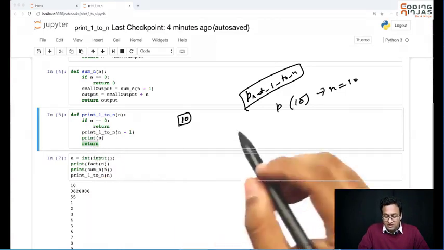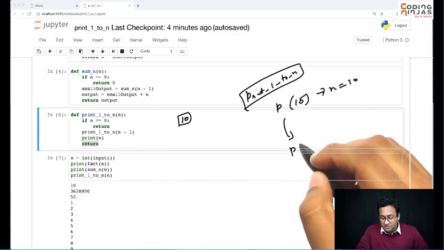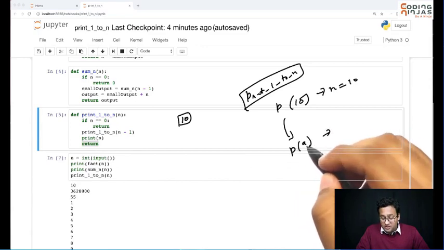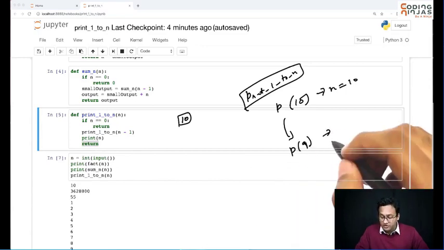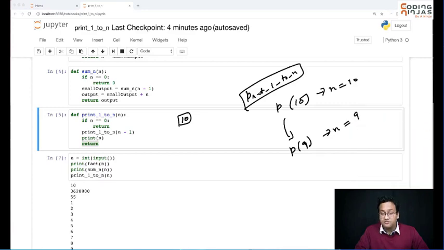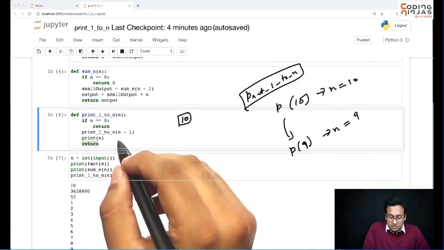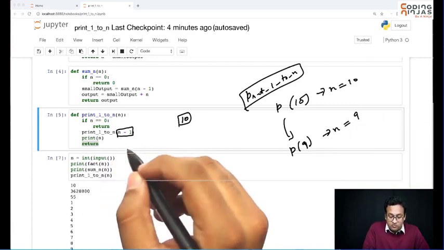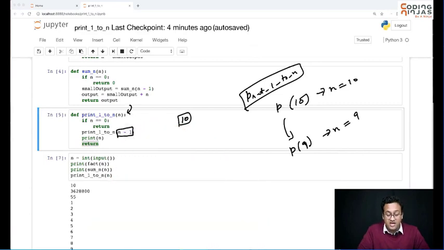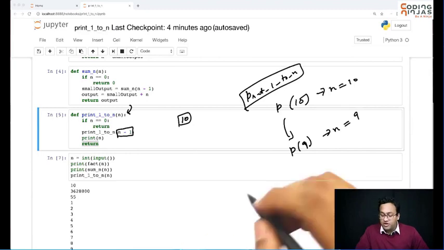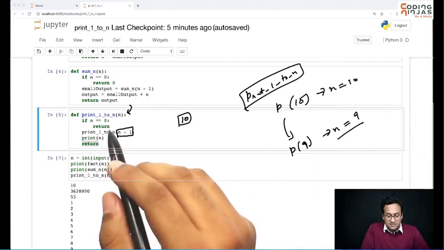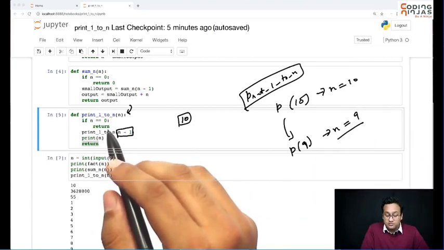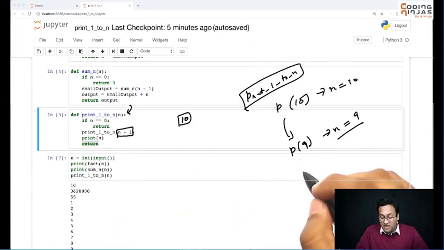So it calls another function, p of 9. Within p of 9, n's value is 9, because you passed n minus 1. Is 9 0? No, it's not 0, so I am going to call again with 8.